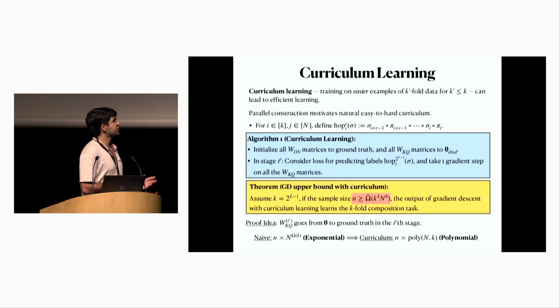Yeah. In this case, we didn't observe any gap. In the mixture setting, it kind of mimics the curriculum: in the first step of gradient descent, only the 1-hop data matters, and then in the second step, only the 2-hop data matters. But since we're doing powers of 2, this would only affect the sample complexity by a factor of log k. The sample complexity we get is by no means tight or the correct polynomial, so there could be a gap, but it's not something that we observed. Yeah, thanks.